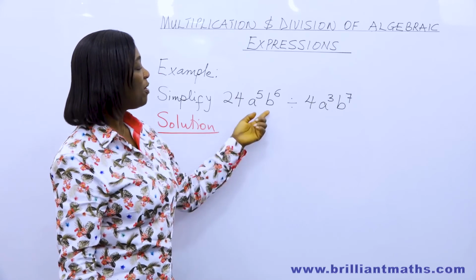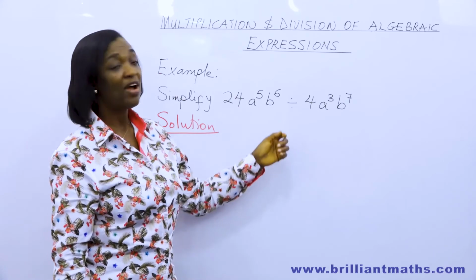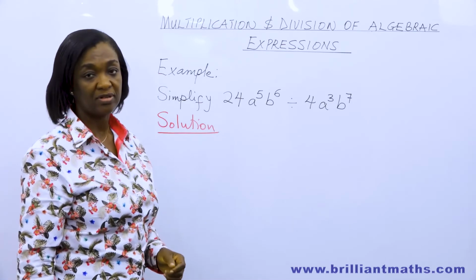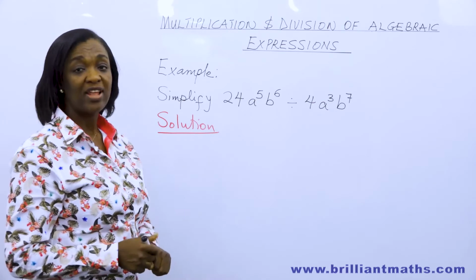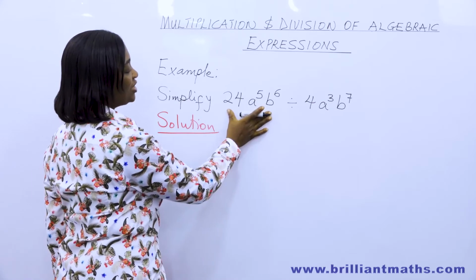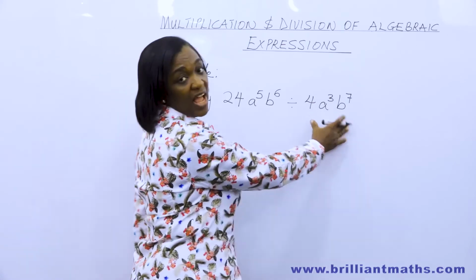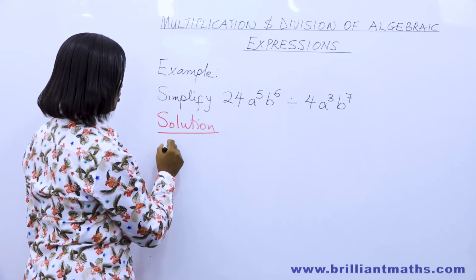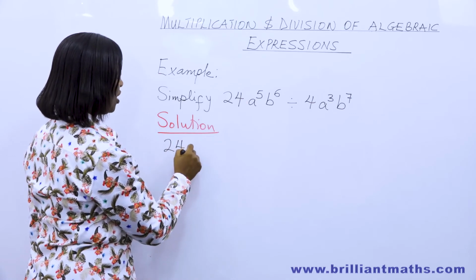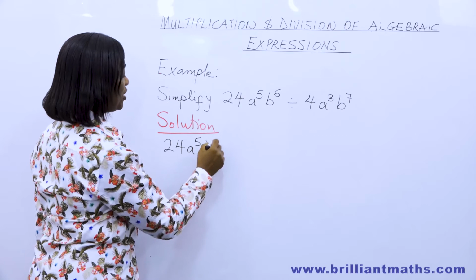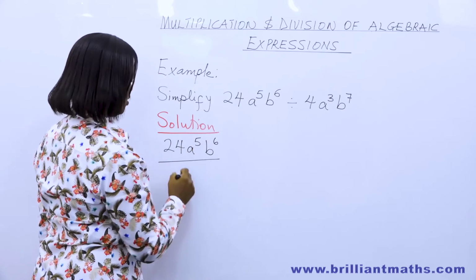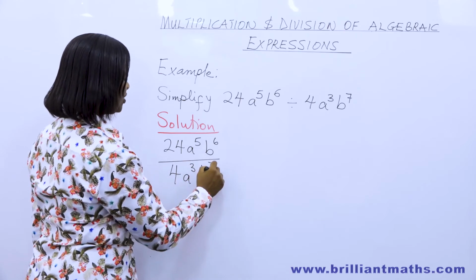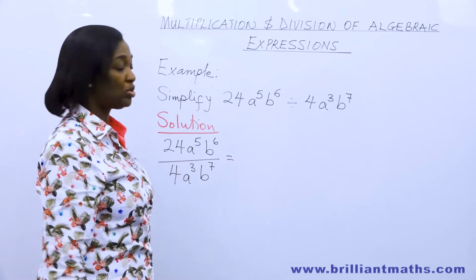So in this example, we want to simplify 24a to the power 5 b to the power 6 divided by 4a to the power 3 b to the power 7. The easiest way to write this is to write this as the numerator and this as the denominator, and then cancel out. So we have 24a to the power 5 b to the power 6 over 4a to the power 3 b to the power 7, and that is equal to